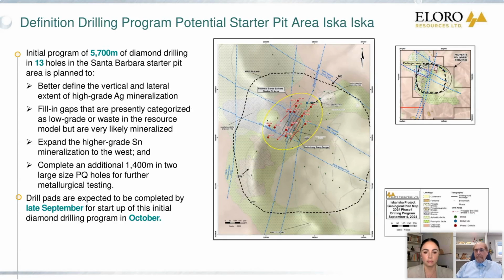So we feel we have a much, much better handle geologically to not only plan the next phase program, but to know the drill spacing density that we need, which we believe will get to a reasonable grade estimate. So essentially our definition program is very much focused on defining the vertical and lateral extent of the high-grade silver